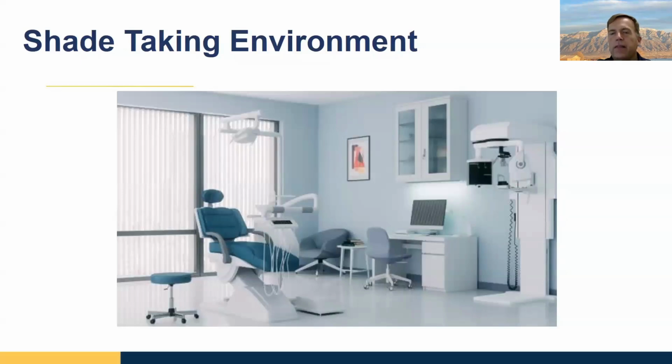So that's really important. And then last but not least, you want to make sure that, after all, the main thing is that the patient is getting good lighting. We had one lab where we were having trouble taking our shades, and I realized what we had to do was turn the chair around because just the way the overhead lights were located, our nice color correct light was hitting the back of the person's head and not shining on their teeth. So we want to make sure that our nice ambient light is hitting the teeth in an appropriate amount and fully. Sometimes you might need to retract the lips or something like that because we want to get a good amount of light on the